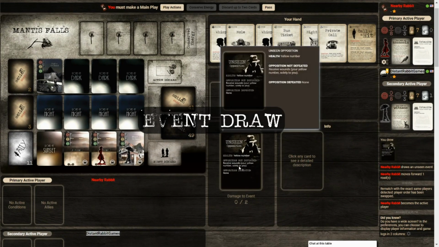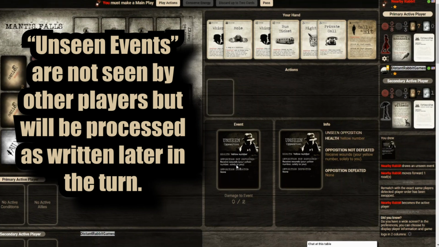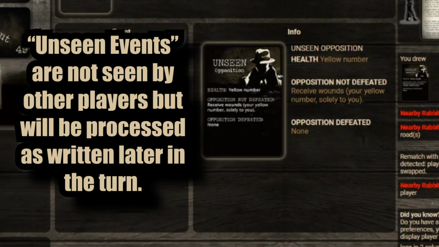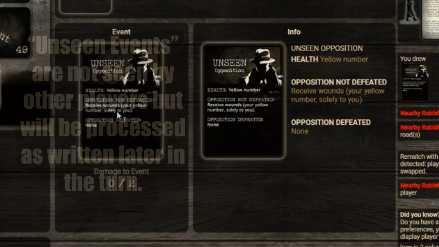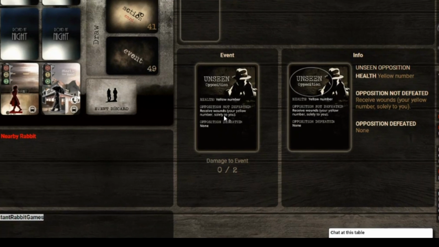This event is unseen, meaning that Adrian will never see the card face and must trust me to accurately describe what we're facing. I can do so in as much or as little detail as I'd like. I can also lie, with the understanding that the card's effect will still come to pass as written at the end of the turn. Here, I speak with him over a voice call and tell him that this is an